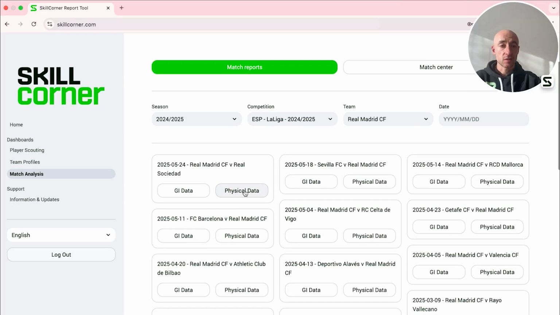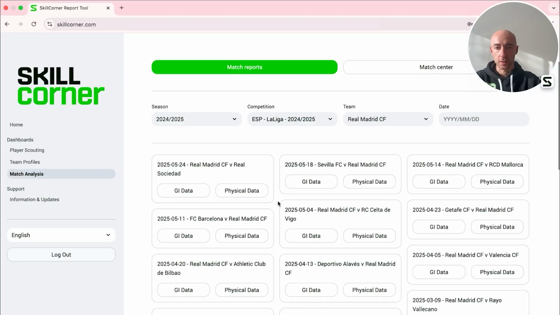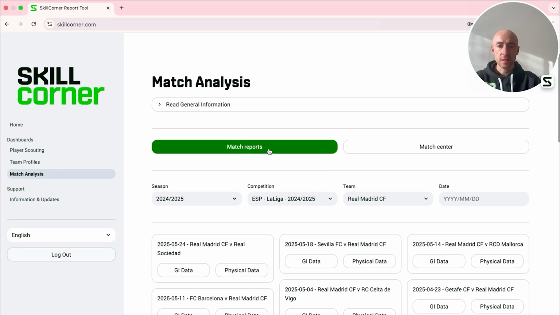The other button is the physical data one, and if you click on it, you can download physical data. It's going to be a CSV with all the data relating to this specific game, or directly a PDF report just by clicking here. The other subsection of the match analysis dashboard is the match center, which is far more